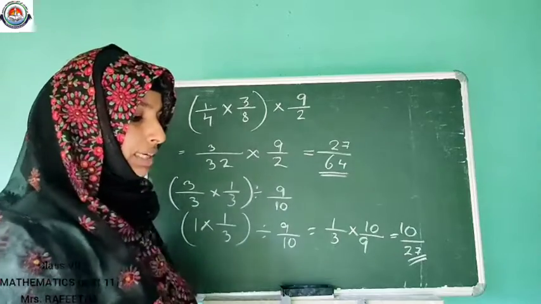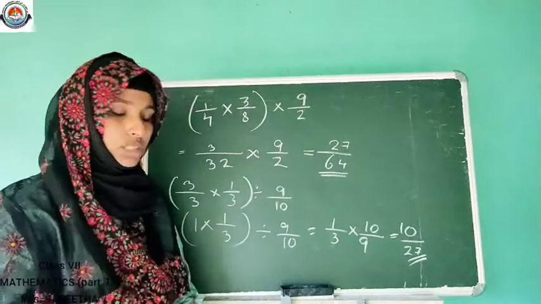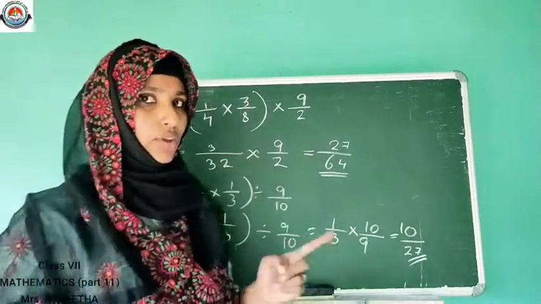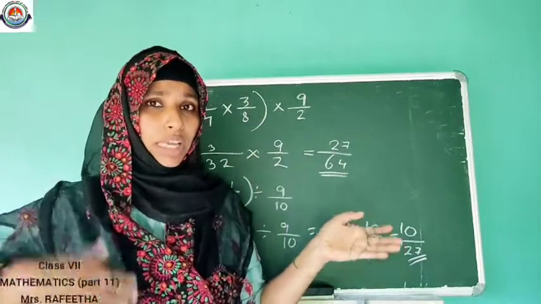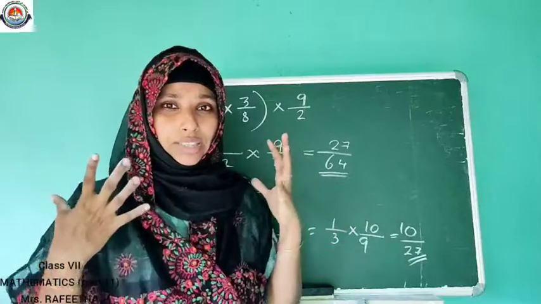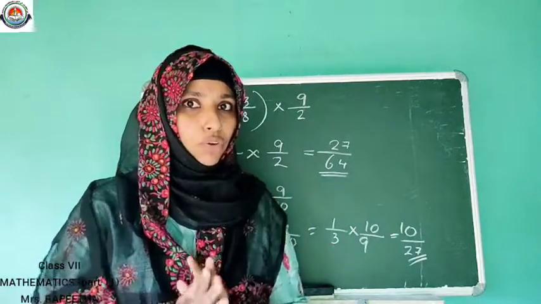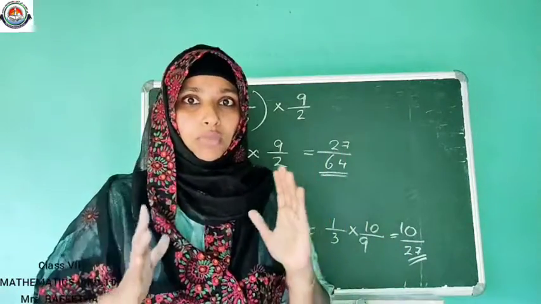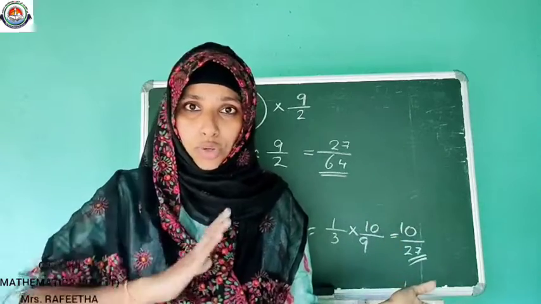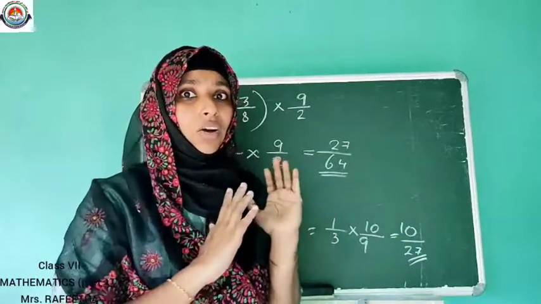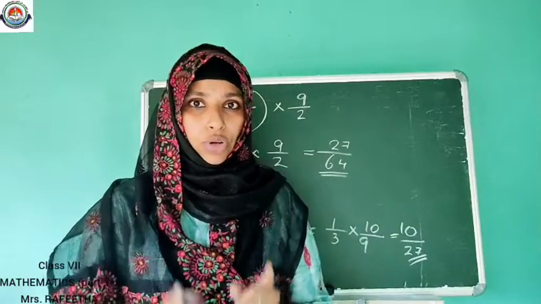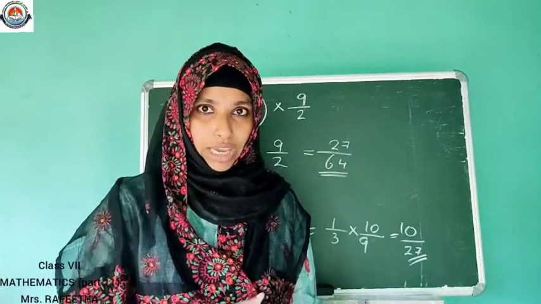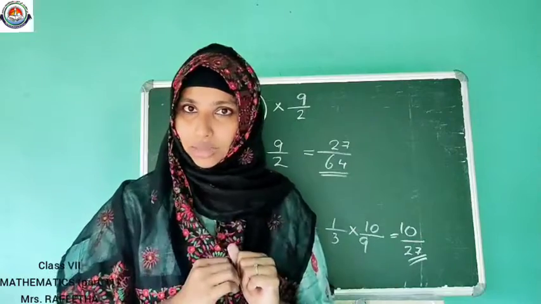Okay, so we have done exercise 2.2. Some questions we have done. The remaining questions I am giving you as homework. We have done a lot of similar problems and now we get it. We studied that properly just now. You don't need to worry about the problems. A lot of problems are there for homework, but you don't need to worry. We have done a lot of problems in the class itself. So do that alone. If you feel any doubt, watch this video again. If you have any doubt, you can ask me.